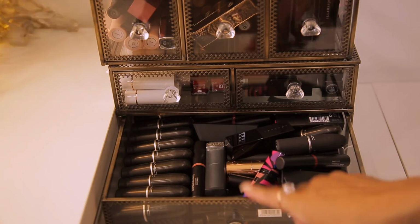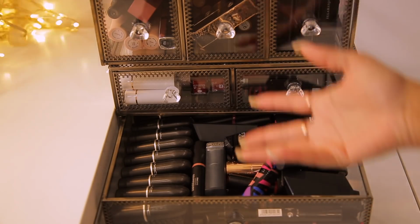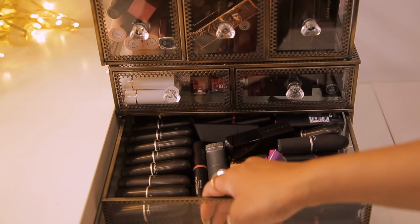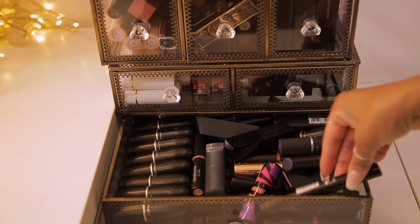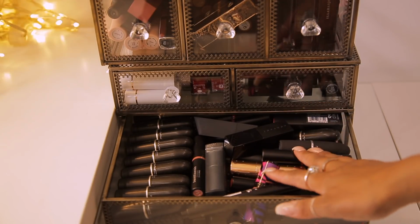I don't know what it is. I just don't use them that much now. I don't know if they're out of fashion or if I'm just not feeling them. But I've got all my MAC lipsticks in here, just all my bullet lipsticks, and I like to keep them in a place so I know they're all there and they don't get mixed